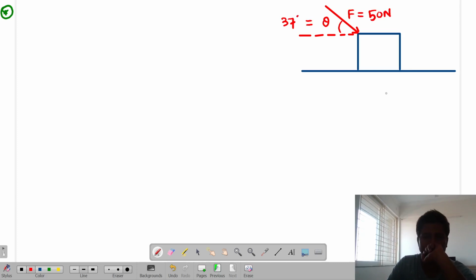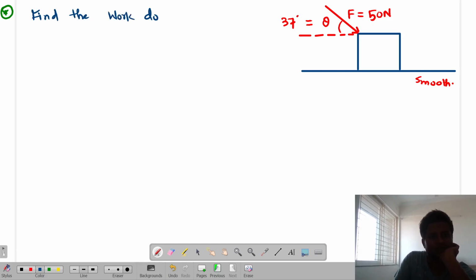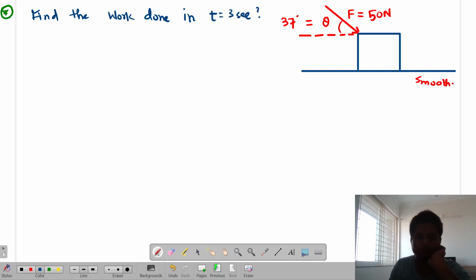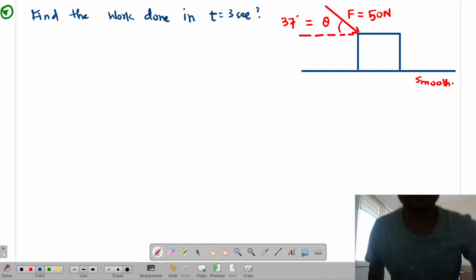ठीक है, बोल रहा है कि फर्स्ट and the surface is smooth, so question is find the work done in t is equal to 3 seconds। बताओ, find the work done in t is equal to 3 seconds।